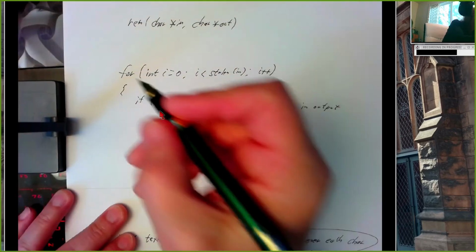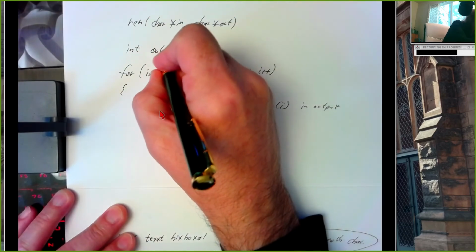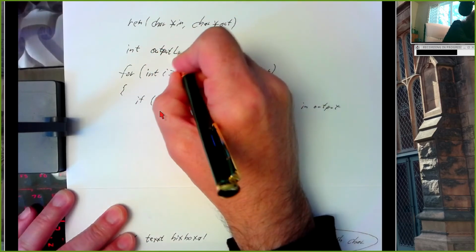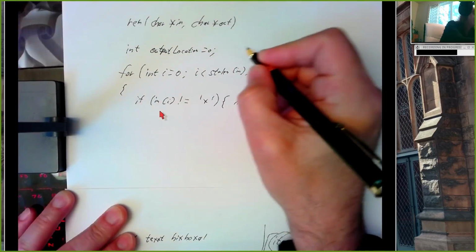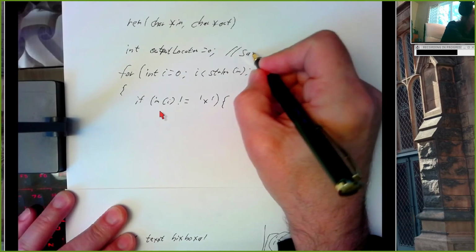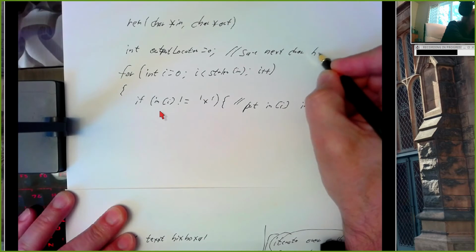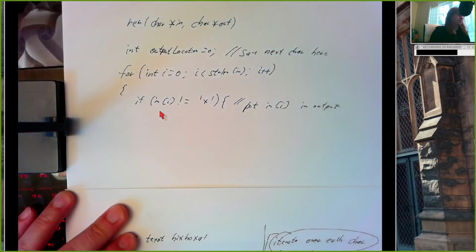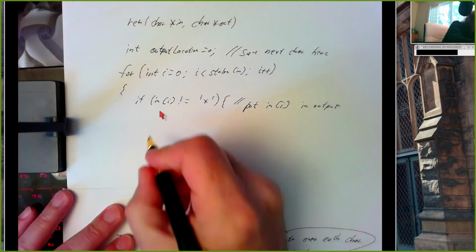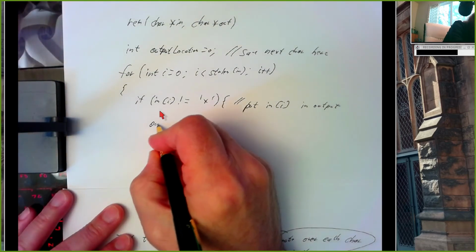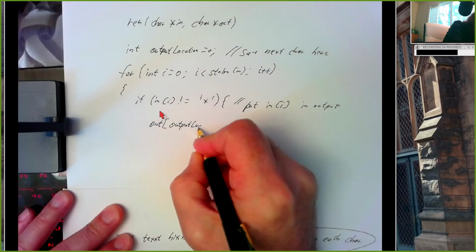Okay, sounds good. Let me do an integer, and instead of calling it J, let me call it output location. And I'm going to initialize it to 0, and I'm going to say save next char at this index. So if we want to copy input bracket I to our output string, I'm going to say out bracket output location